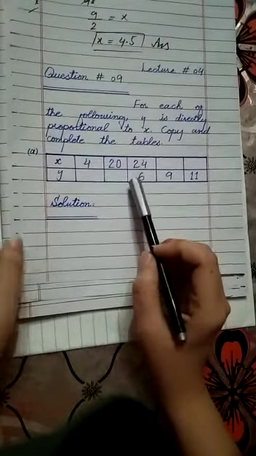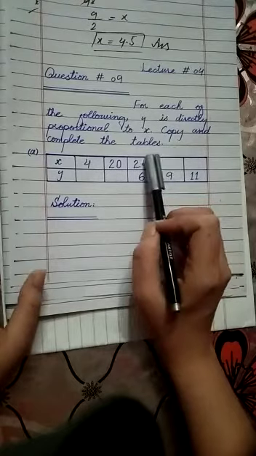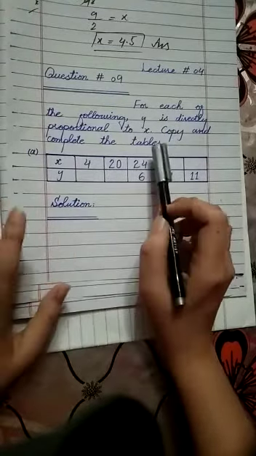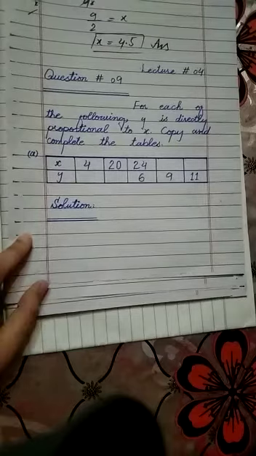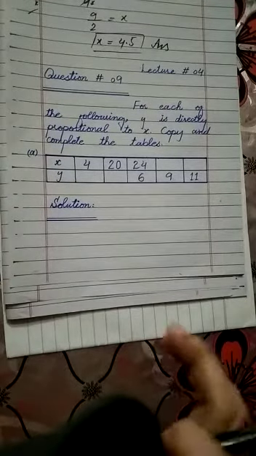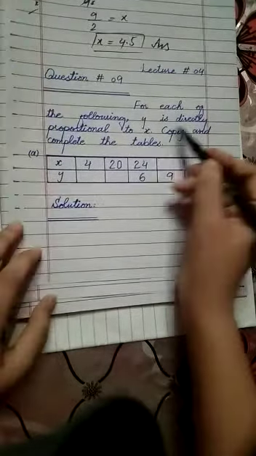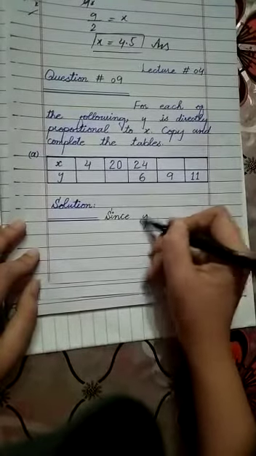How we can find the value of k, as they have given us the proportion is direct between x and y. As in previous questions we have also done, what is directly proportional and what is inversely proportional. Direct proportion, a lot of questions we have done, so it's not a tough task now. Let's move. They're saying y is directly proportional to x. Since y is directly proportional to x,